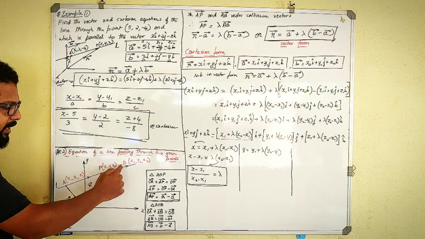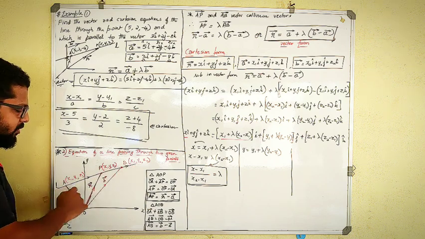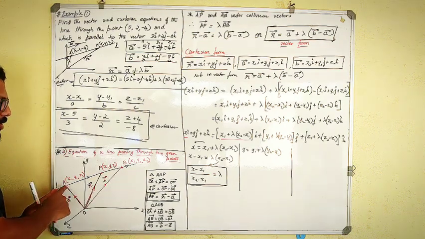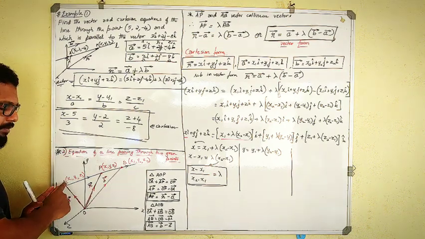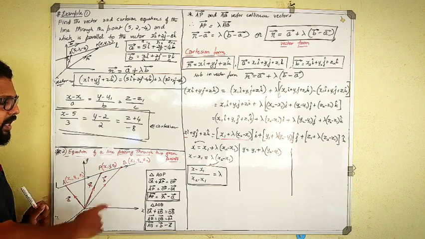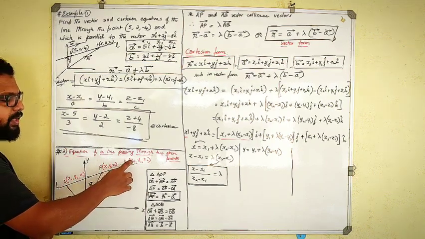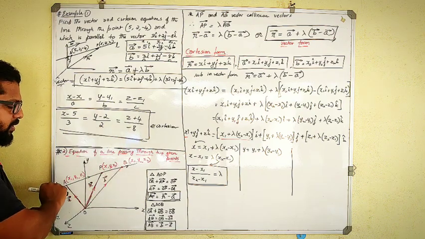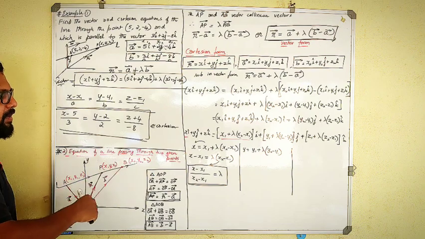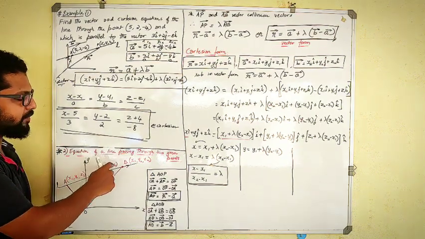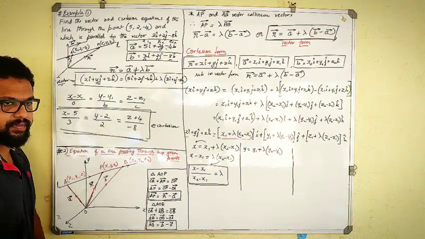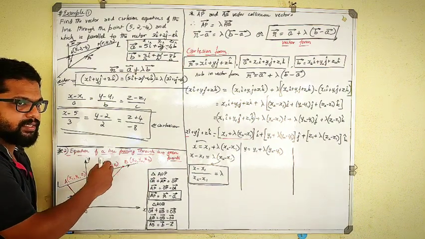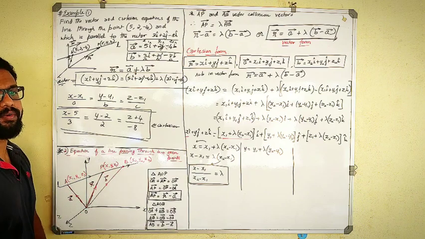You can see this black ink line which I have drawn, which is passing through point A and point B. Let the coordinates of point A be x1, y1, z1, and let the coordinates of point B be x2, y2, z2. So these are the two points through which the line is passing. And let me consider any random point P of x, y, z, as we have seen in the previous derivation, in such a way that I will be able to frame the equation.